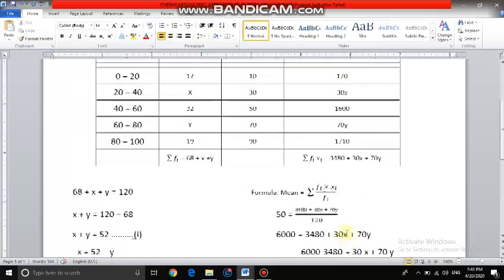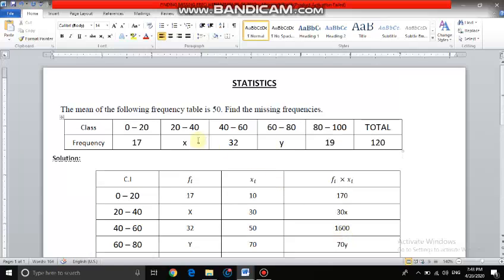So in the entire question here, two things will be given to you. If one variable is missing, then whether they give you the mean or the sum of any one of them. If x and y both variables are there, then they have to give the mean and they have to give the total frequencies. So the question can be missing one frequency, or it has to be missing two frequencies. Understood? So this is how you solve the question of how to find the missing frequencies when the mean is given and the sum of all the frequencies is given.